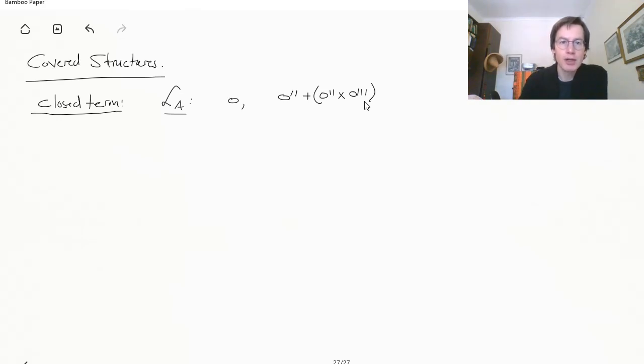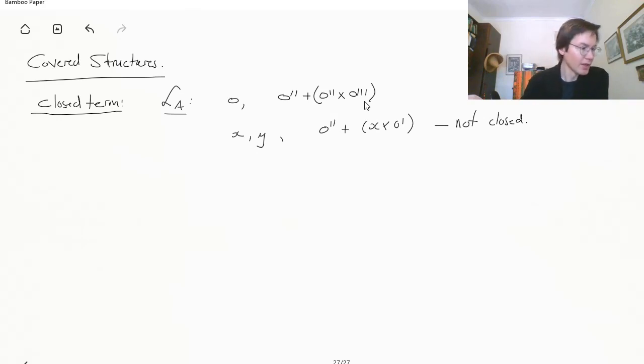Something which would not be a closed term, for example, is any variable, x, y, or any term that contains a variable. Suppose I want to say 0'' + x × 0'. So these will all be not closed because they contain variables. All right, so next we need the notion of the value of a term